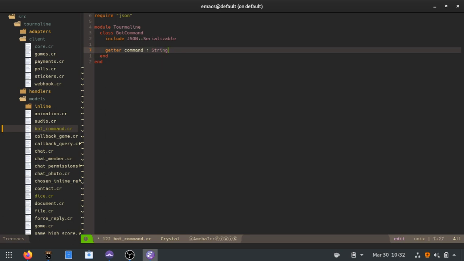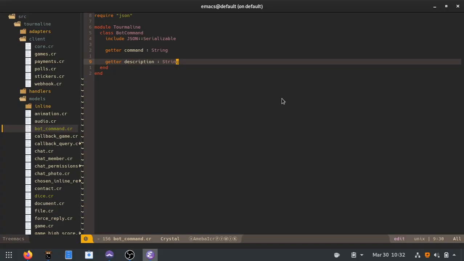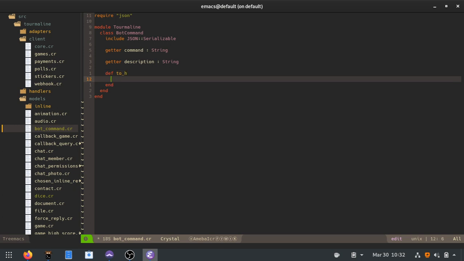So command string. And they're both required. And then for now, we're going to go ahead and give it a to_h method, even though I don't know that this is going to be necessary, and all it's going to return is